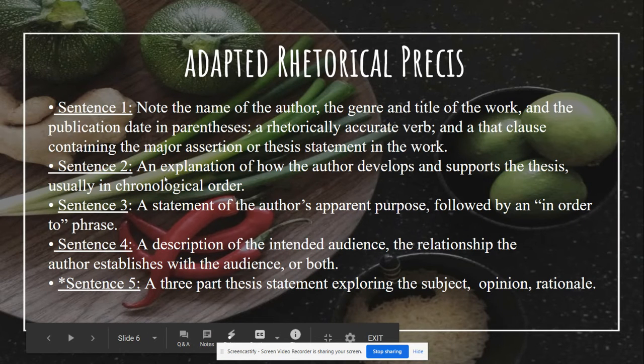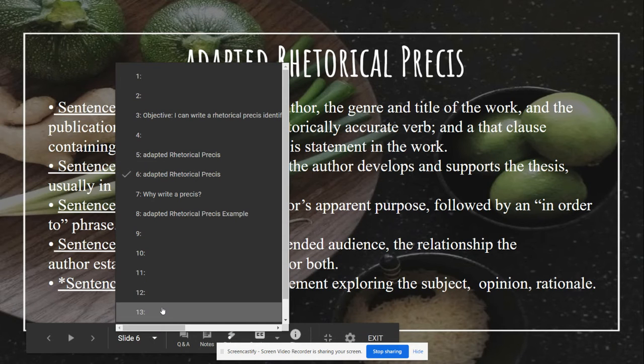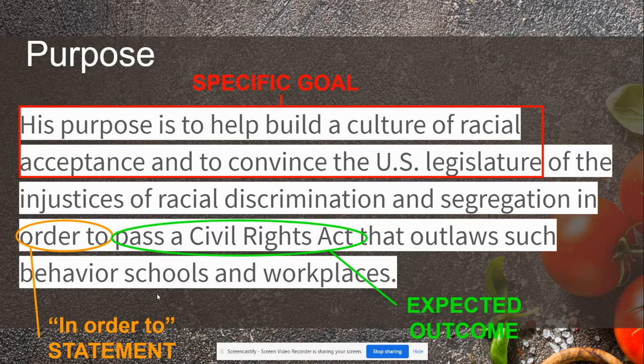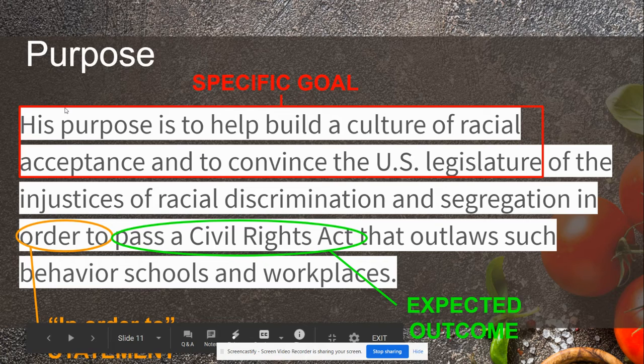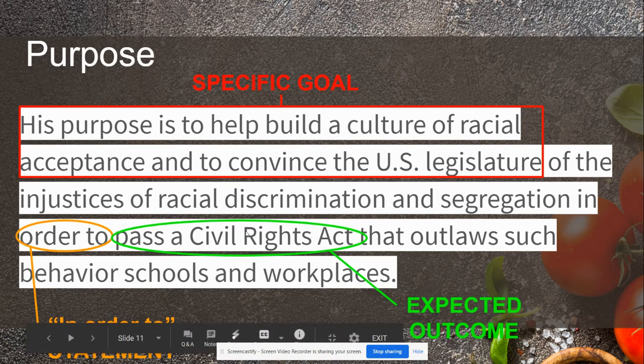The next sentence that we're going to look at is the third sentence, a statement of the author's apparent purpose, followed by an in order to phrase. So we want to think about why is the author saying what he is saying. So this one is going to be: his purpose is to help build a culture of racial acceptance and to convince the U.S. legislature, this is a specific goal, of the injustices of racial discrimination and segregation in order to, so make sure that you have that in order to phrase, and what is the expected outcome that he is looking for. So in order to pass the Civil Rights Act that outlaws such behavior,